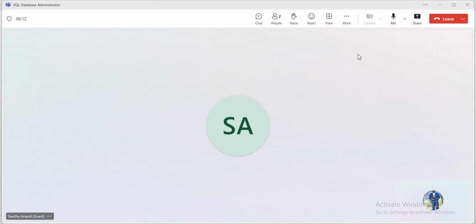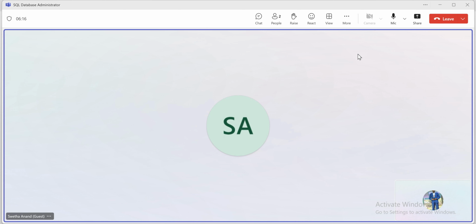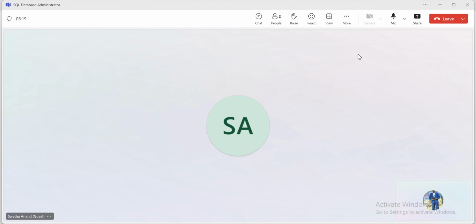First, we have to take a copy only backup from the source server. Then the destination server has an Always On availability group configuration, and the database for which we are doing a DB refresh activity is a part of the Always On availability group. We have to remove the database from the availability group, and then take a permissions backup from the destination database. We can also take the destination database backup as well, if that is an optional one. So after removing the database from the Always On availability group,